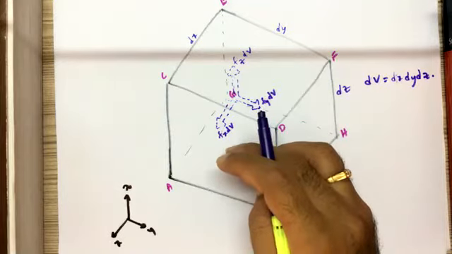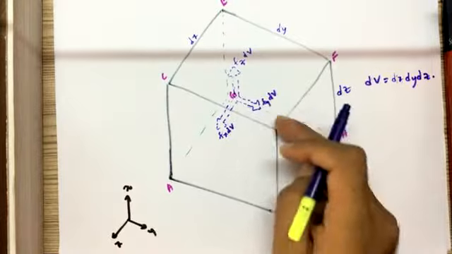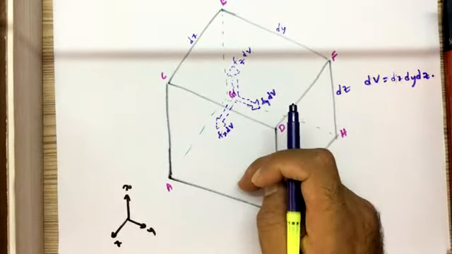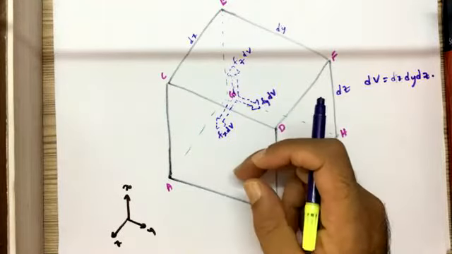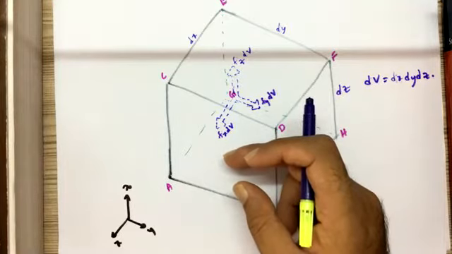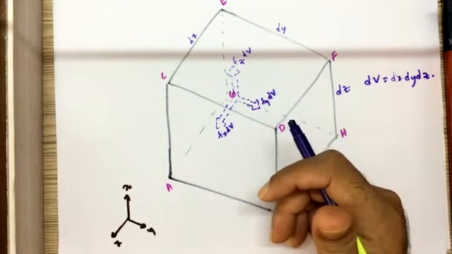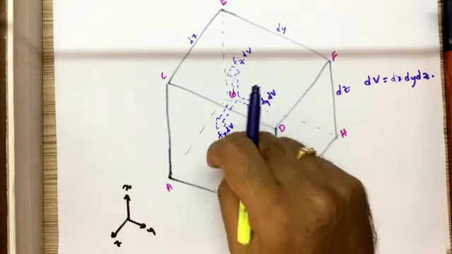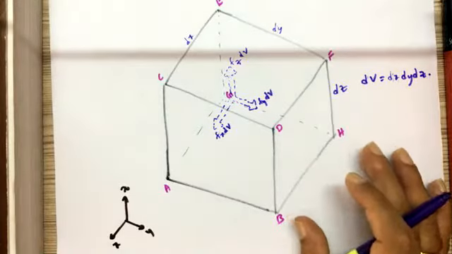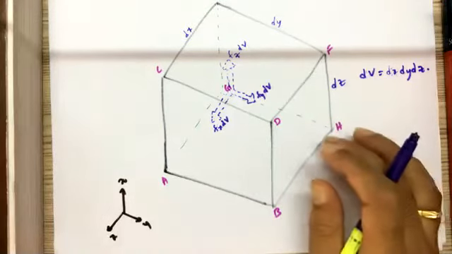So why am I multiplying each and every body force component in x, y, and z, that is Fx, Fy, and Fz, with the volume dV? Because body force is force per unit volume. I'm dealing with forces here, so in order to convert that into forces, I'm multiplying with dV. Is that clear? Otherwise, you can simply call it Fx, Fy, and Fz and multiply with dV in the analysis. Whatever it may be, it's up to you, but I think here it would be much better to convert into forces.